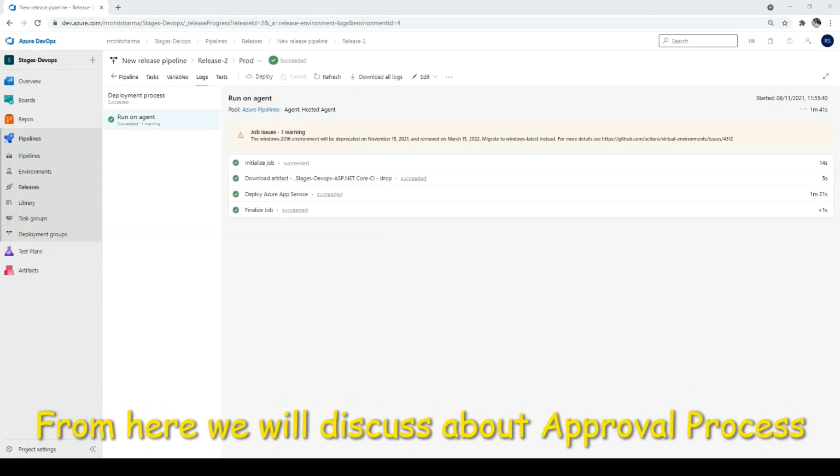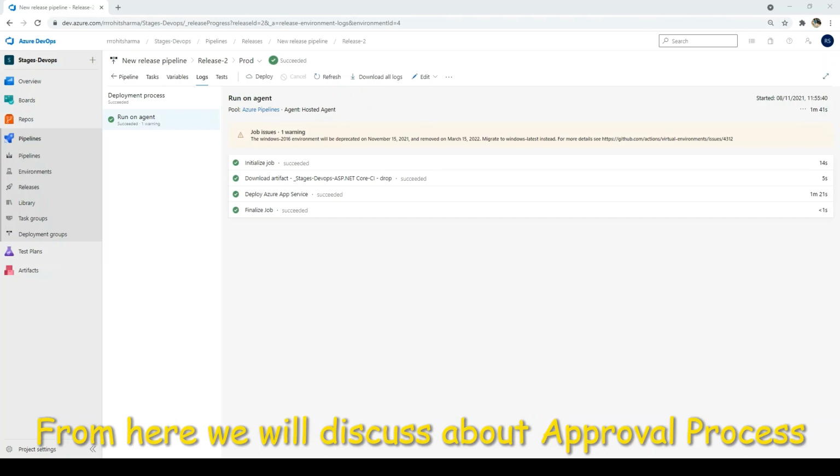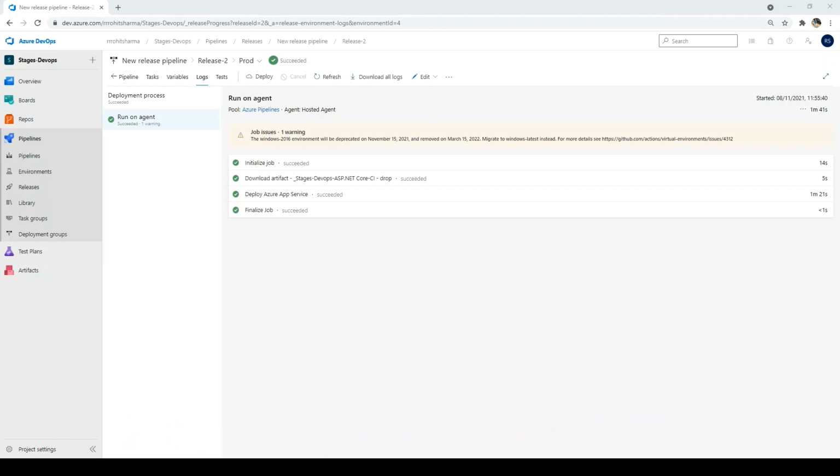Now we are good till the part where we have created the stages, and automatically it has triggered the build, and it has deployed to dev, stage, and production. But in the real world scenario, this is not the correct way to deploy any application into all 3 environments at once. There has to be a proper approval process in between, to ensure the right code is being sent to the proper environment. For that we have to add the approval process.